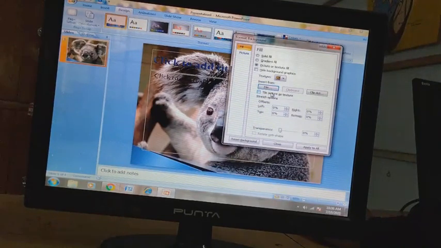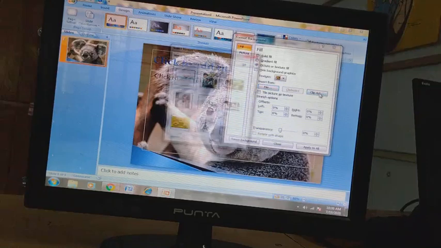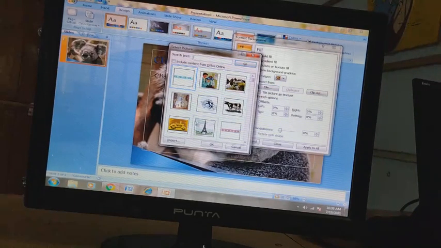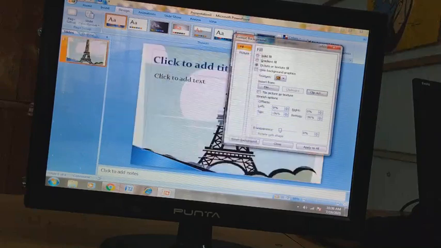at the background of your PPT. If you want to add a clip art, you can also add the clip art. You have to click on the clip art option. In the clip art, there are different clip arts which are already built in. You can search for the clip art from here, from the search text menu. Or you can directly select the clip art which you want to add. When you select, then you click on OK. That particular clip art is added.